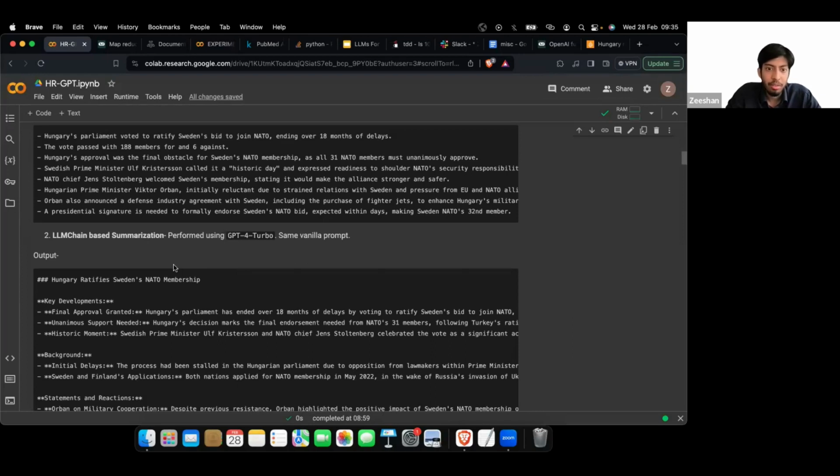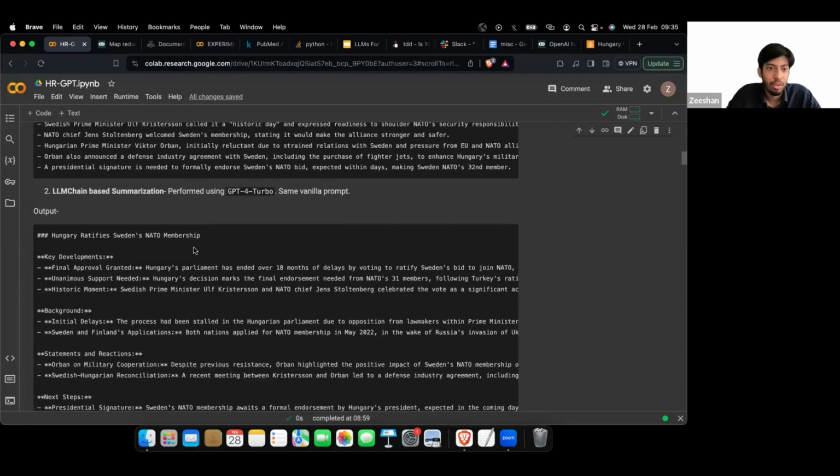A lower temperature would mean that it will be really fact-based. It won't add any sort of exaggeration, and any hallucination will not be there. With a higher temperature, we are essentially telling the model to be creative. There is a possibility of lots of hallucination with a higher temperature. So it depends on the use case, what we want to do.